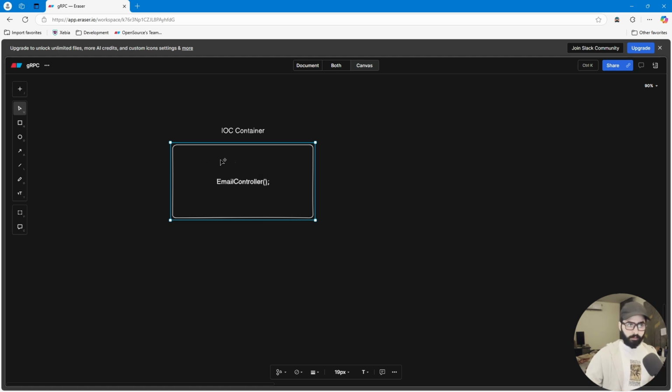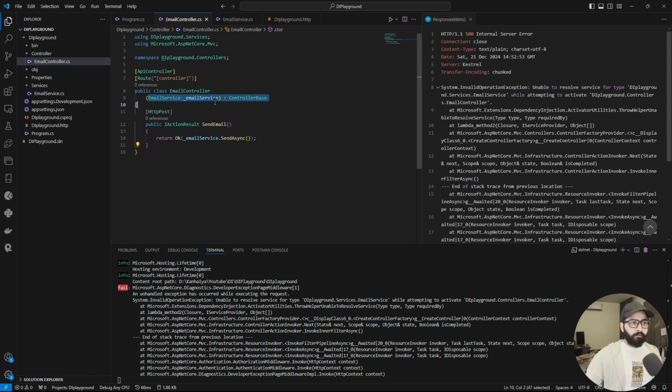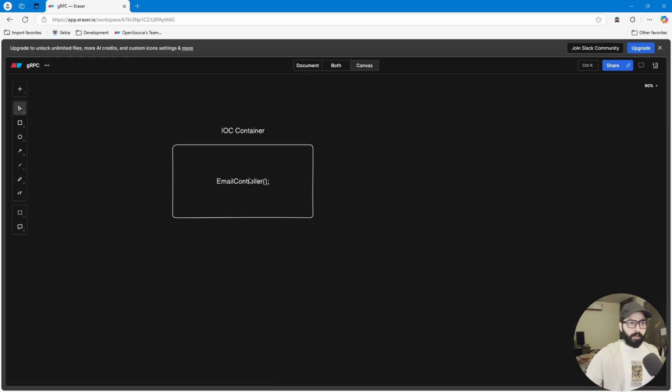Okay, this has this dependency, but now what we are doing, if I show you, inside email controller we have dependency of email service. So what's happening here,